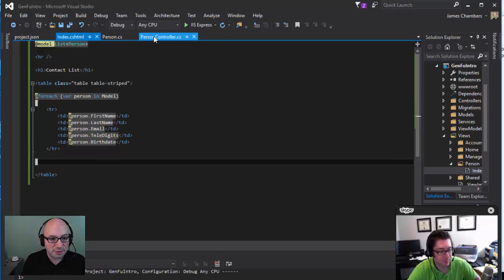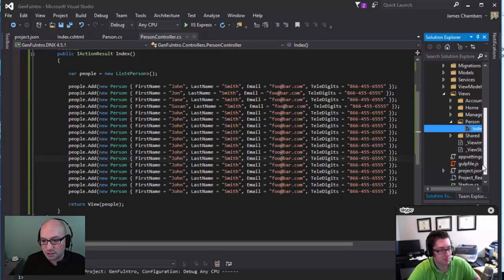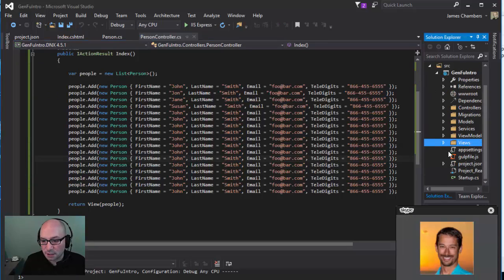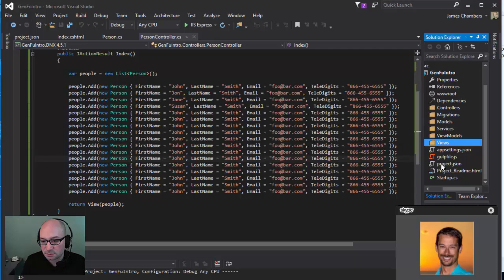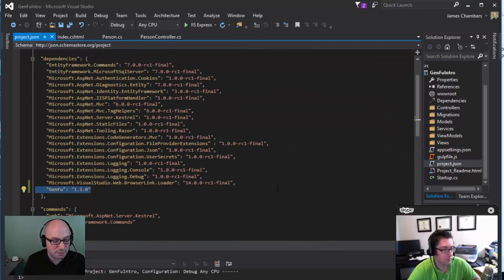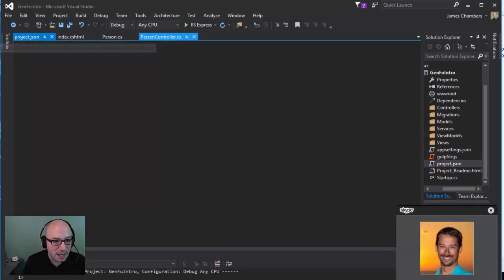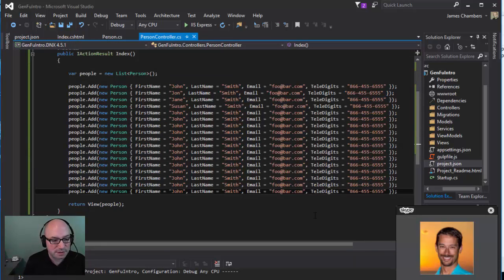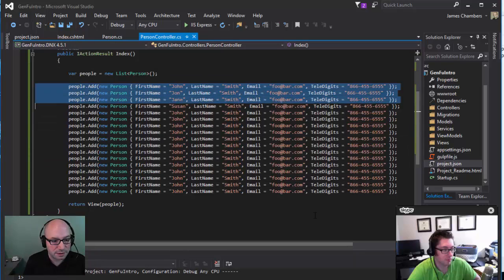So what we're going to do instead is go to our project.json, and pull in a dependency on GenFu. So I'm just going to go into project.json, and you can see right here I've added my dependency GenFu. The package restores really quickly, just pulls down off of NuGet like any other package. And then on my controller, what I'm going to do instead of all of this malarkey,